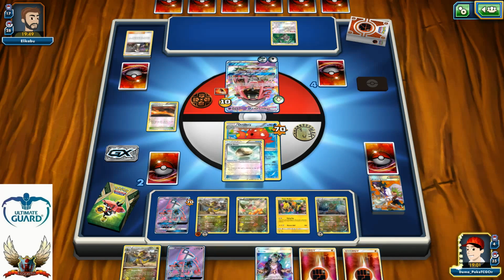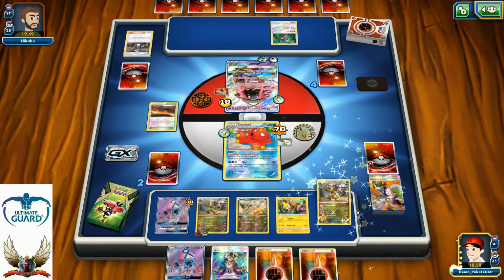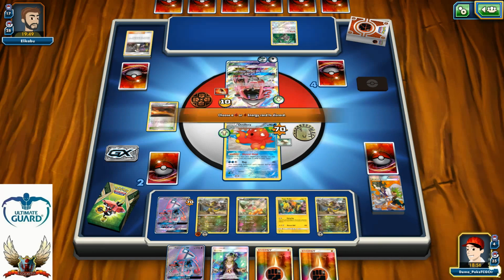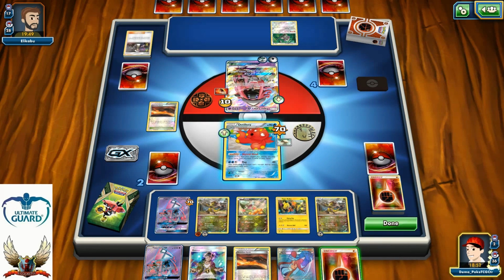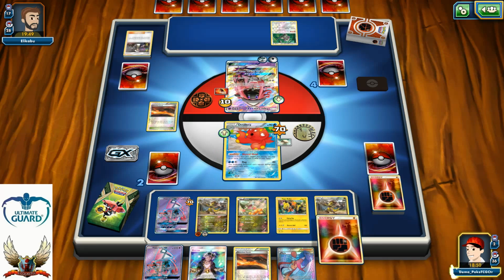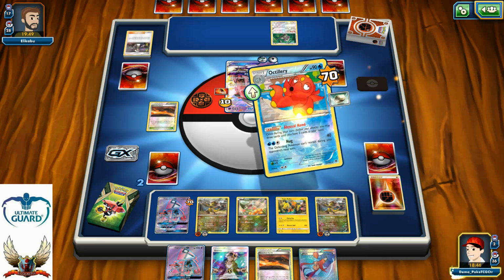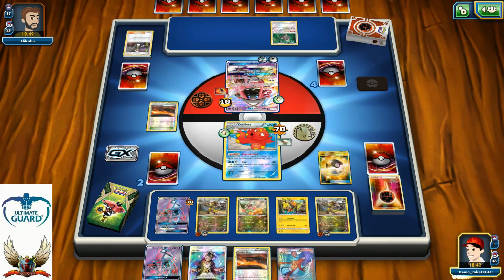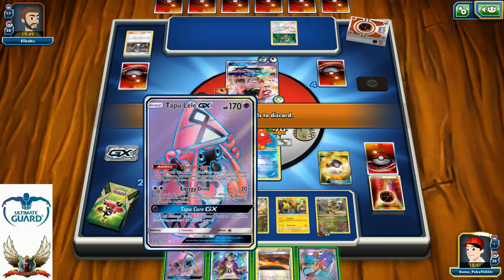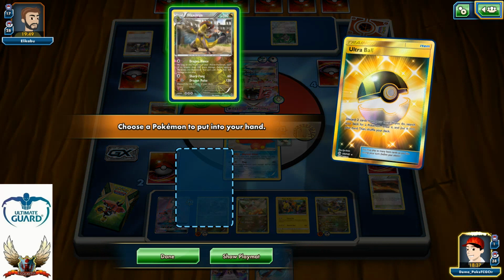There is a Float Stone, however, I still didn't find Muscle Band, but I might be able to get it right now. Still no sign of it. I can still attach energy somewhere, and then I can attempt to play Abyssal Hand for even one more card, which is going to be an Ultra Ball. Well, I guess with the Ultra Ball I can discard a couple more cards and see if I even have...